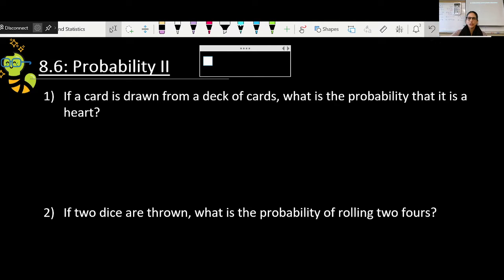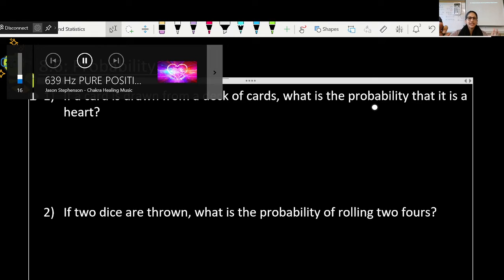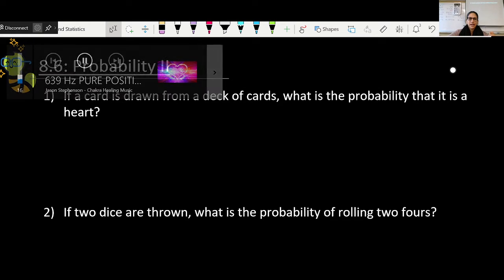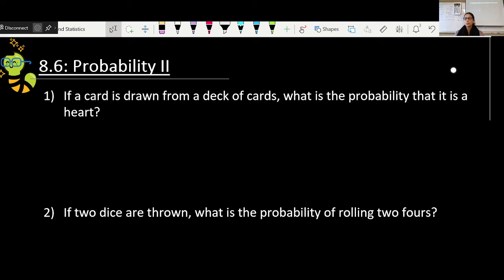Okay, so we're looking at probability part 2. It's basically just a continuation of what we did last day. Let's get into a few examples. We're basically just going to run through some examples because it literally is not a new concept. It's just looking at some examples that have a little bit more going on than the stuff that we did